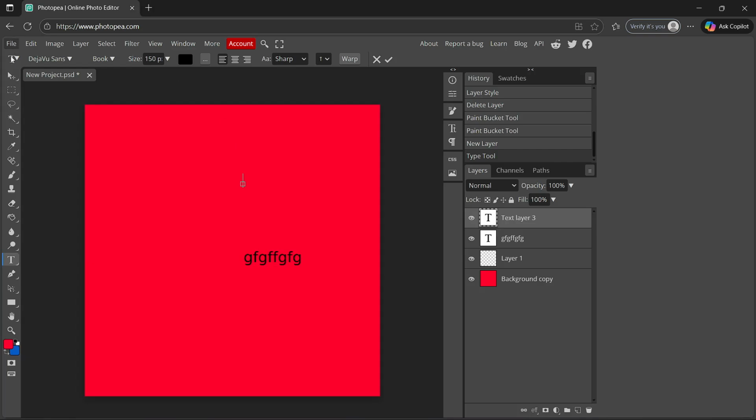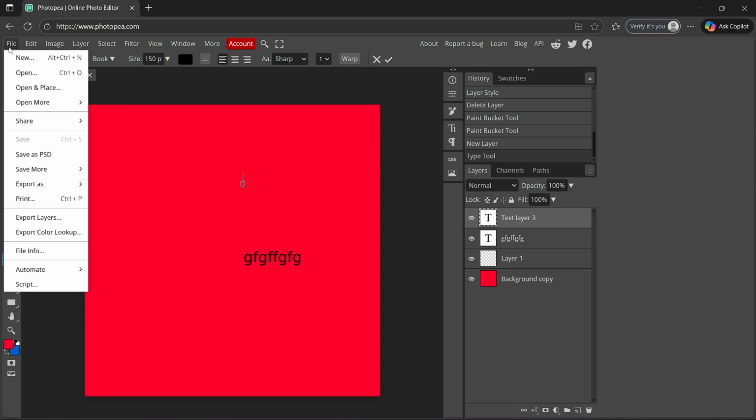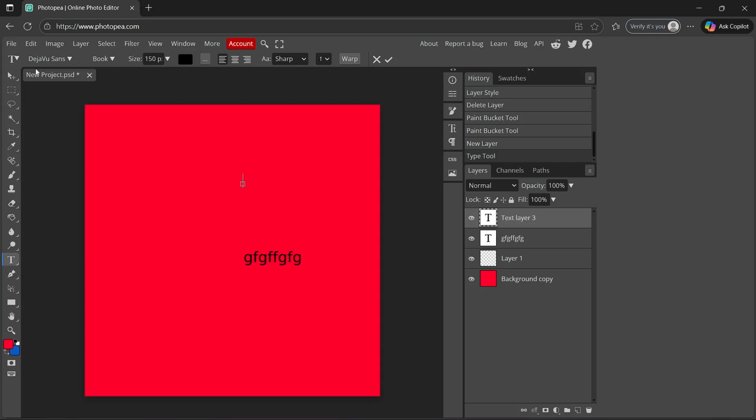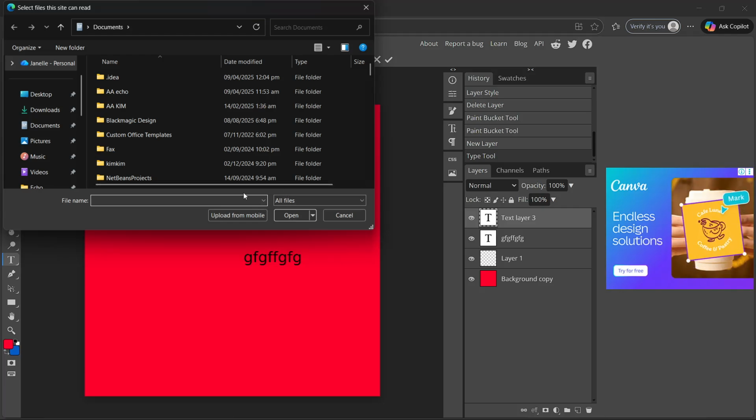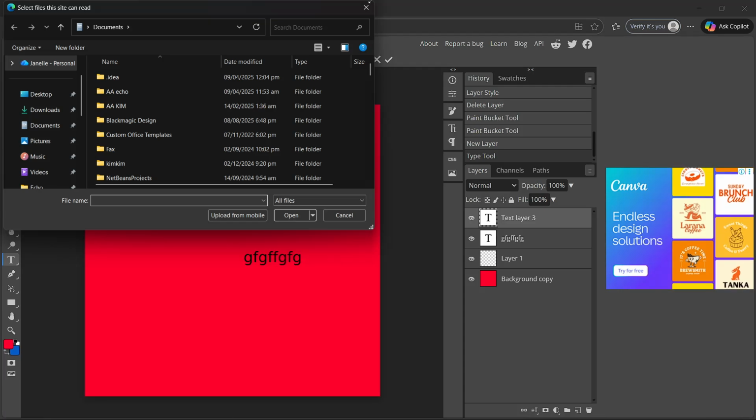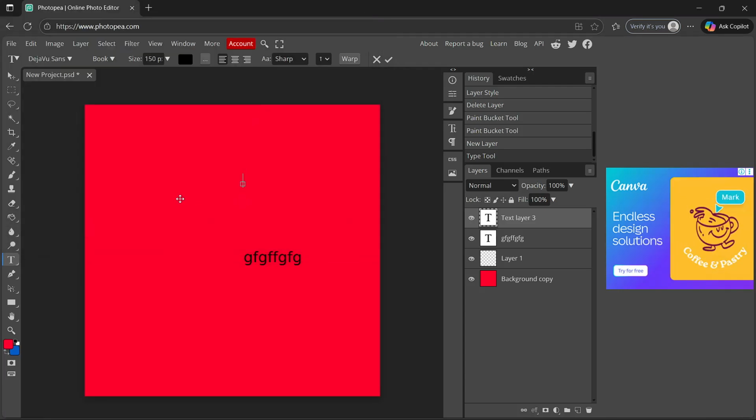So yeah, first you will have to go to the file, which is right here, and then you will click open and open the font file, which is either TTF or OTF, and then Photopea will basically load the font into the font list automatically, and then you will switch to the type tool, which is right here,